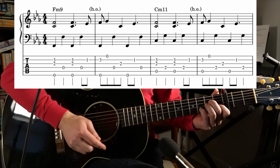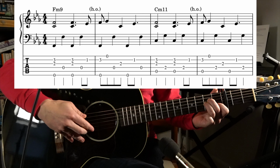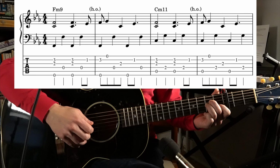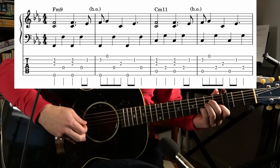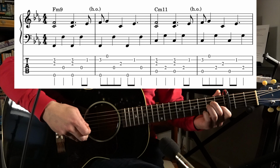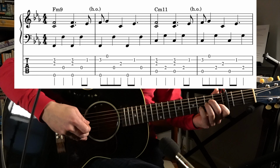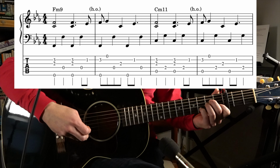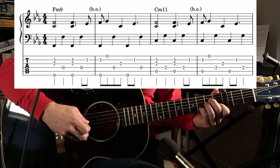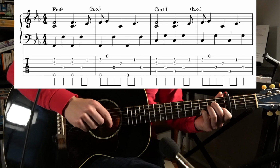Then again, we pick up this pinky, and we hit that, right? Same exact thing. So and then we want to do that hammer on again, where we, okay? It's hard to practice it slow because you really want to hammer that on so you get that note there. So